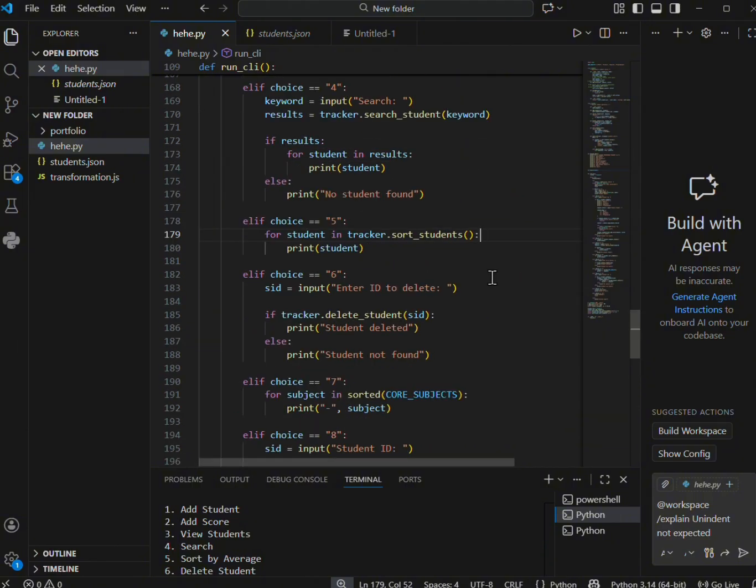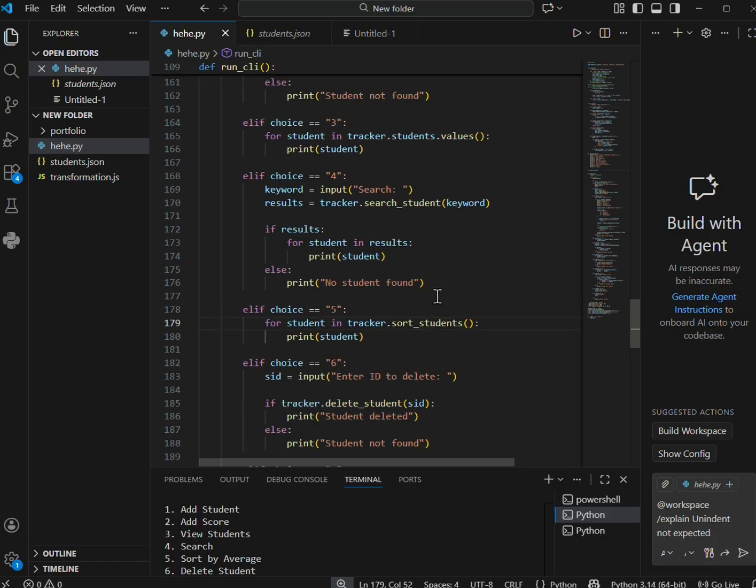These small mistakes often caused the entire program to stop working, and sometimes it was hard to immediately identify where the error was coming from. Even the error message said it was in line 50, but line 50 was an empty blank. Another difficulty I experienced was handling the structure of the program itself, since the system has multiple features like adding students, adding scores, searching, sorting, and saving files. I have to carefully organize the flow so that each function works together without breaking the others.